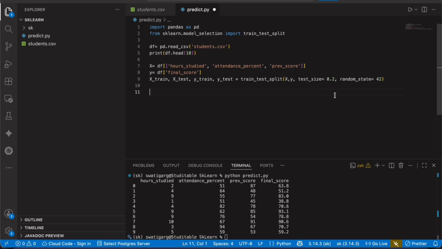To get the same output, we use random state to split the data set exactly at the same point every time. Okay, so this is the line, and we'll be using the train_test_split module. Now the model that we'll be using here is linear regression.